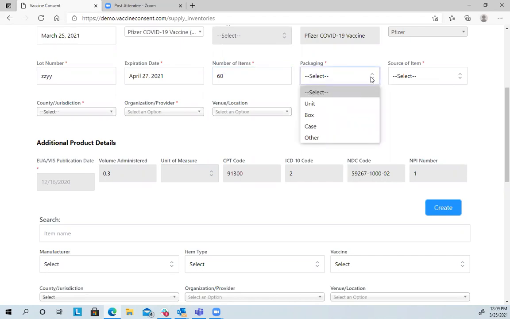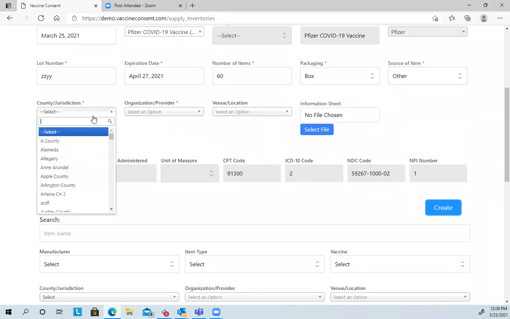How is it packaged? Depending, again, I would reach back to your administrators of your area, whether it be the local health department or your organization, to see how they are putting that in, whether you're receiving them by the box, etc. Source of the items, same. Then the important part, as we talked about how we're structured in PrepMod, is to go ahead and put in the structure here.